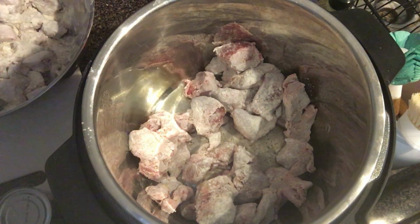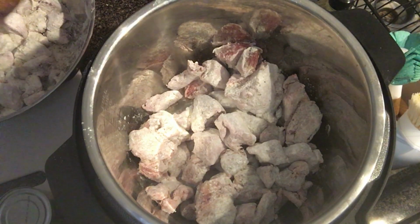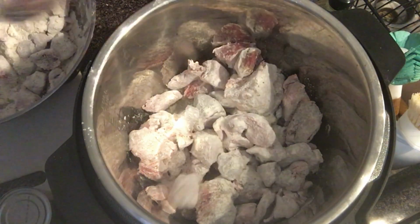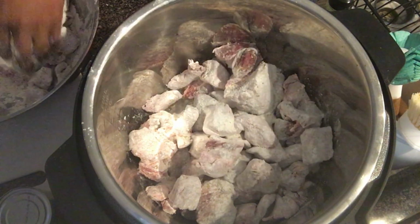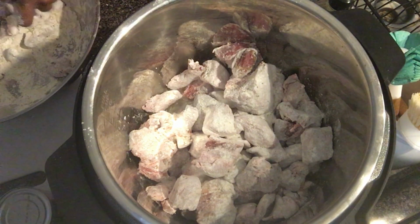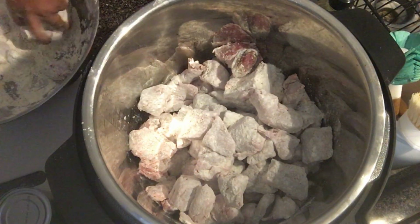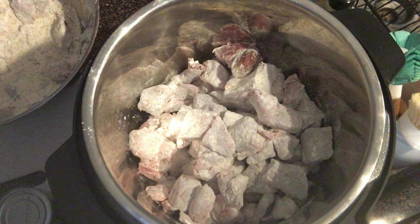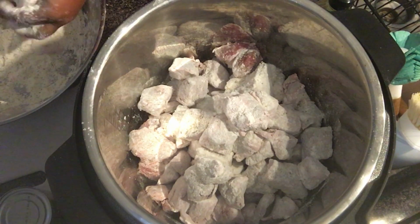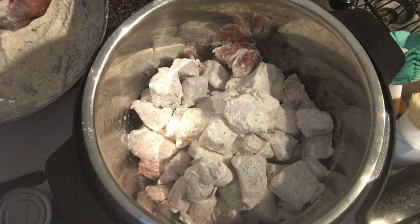And I'm being super lazy because normally I'll do it in a couple different batches. But like I said, this is a quick and easy recipe. I'm not really concerned about the meat browning, or the flour breading on it really browning or caramelizing all that much. I'll stir it around, but my concern is not that,